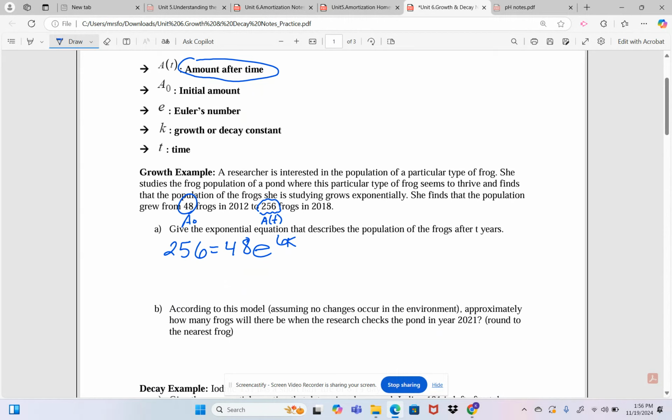Wait, is 6K or T? It's a 6K right there. 6 is your T. Okay. Here we go. Trying to get this typed in. All right, so there are multiple ways